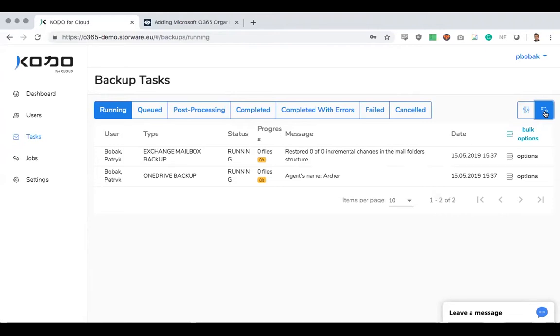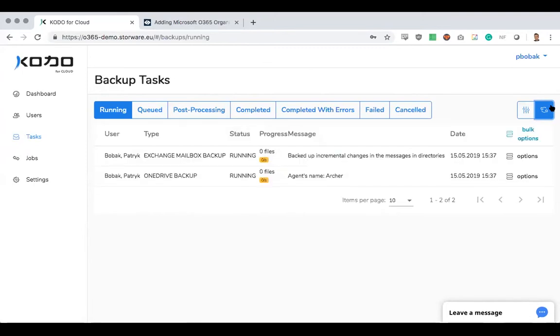So the number of tasks that will run at the same time depends on how many agents we are running in our environment. In this environment, if I remember correctly, we have around 6 agents, but as you see, we have 2 tasks running at the same time. So that means that 4 other agents are executing tasks in some other organization. So we have 2 free agents and they are performing tasks